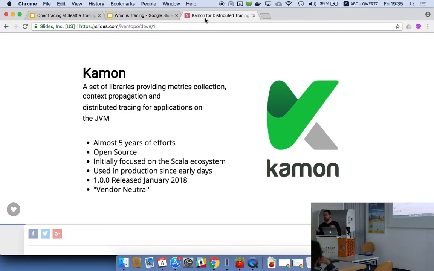It's obviously open source, free. You can use it, you can extend it. The guys at Emnify have been using Kamon for quite some time already. And it was initially focused on the Scala ecosystem. So this all started because we had some Akka services that we needed to monitor. We were putting things in production, and we were not able to do that. There was no tool out there